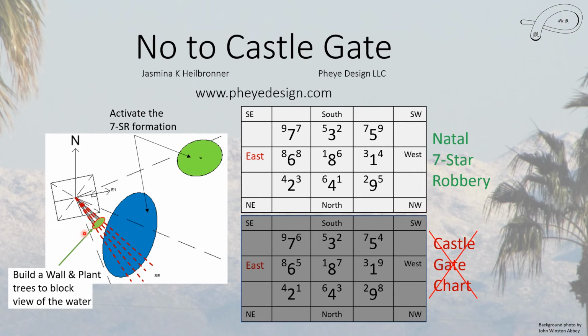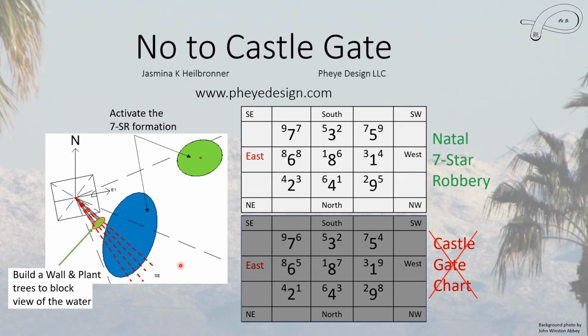If you build a fence, or a solid fence, a little wall basically, or just a whole bunch of trees and shrubs so that you completely block the view of this area of the lake. And you want to use evergreen trees because you don't want to see it in the winter. And this will completely